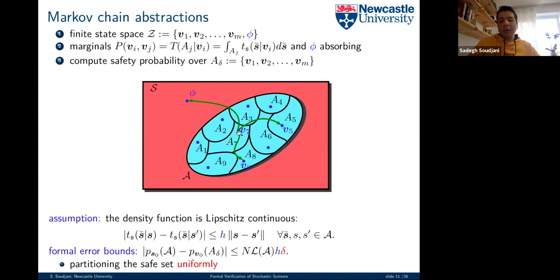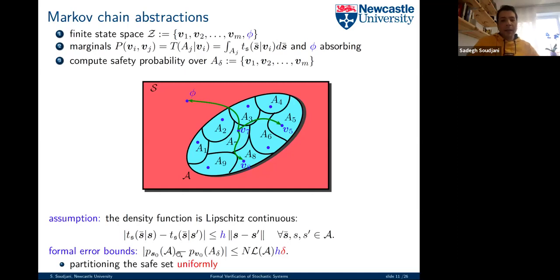That's why we should be able to make sure that the change because of the states inside one partition set is not that much. This is exactly quantified by the Lipschitz constant, which gives us a bound on the error we make when we replace a state S by a state S prime. And if we have this assumption, we can have formal error bounds